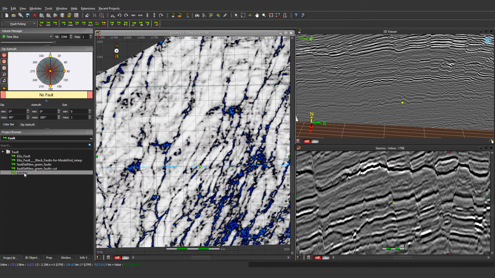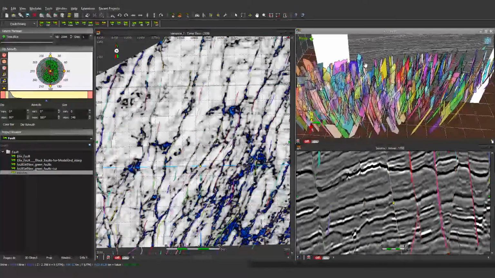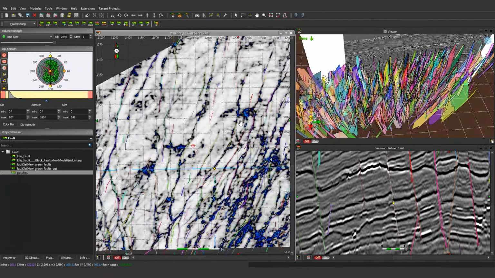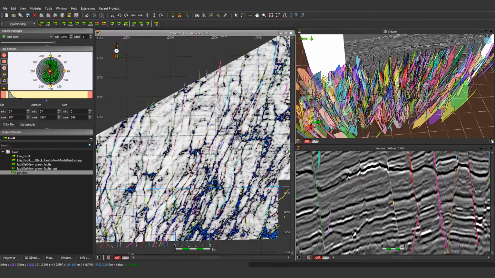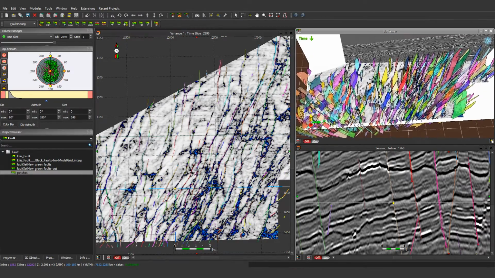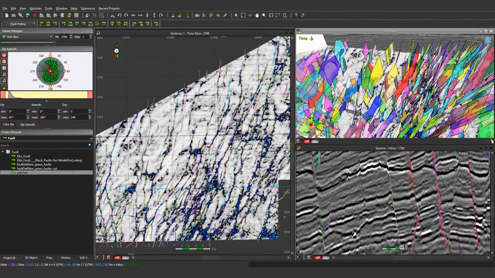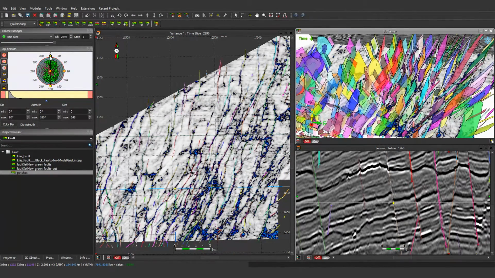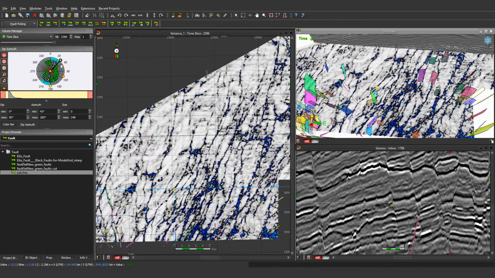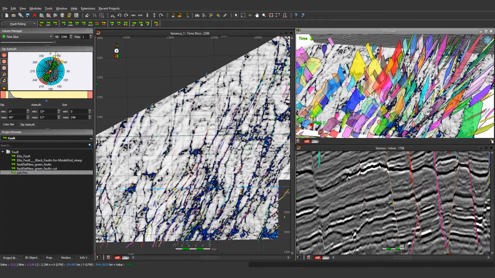And now we're going to load like that all the raw patches which were interpreted within 2 weeks' time in this specific data set. So this workflow is a quick way to pick fault patches. So to give you an idea, 1,000 fault patches were interpreted in 2 weeks' time only. And you can also control the quality of the picking on the different images and the different attributes. So at this level, the StereoNet filter using dip azimuth is very important.